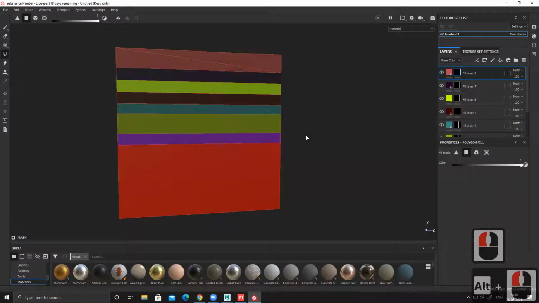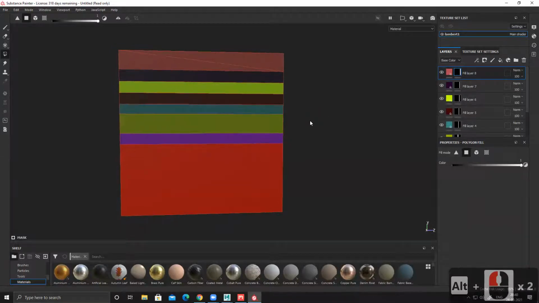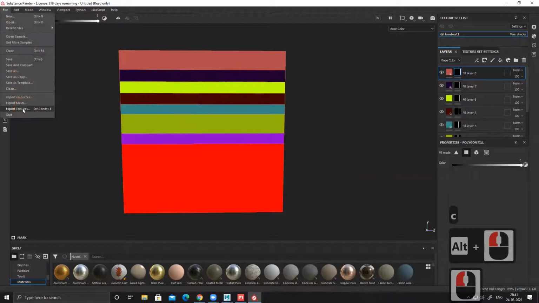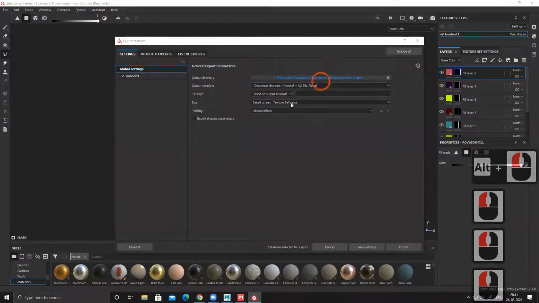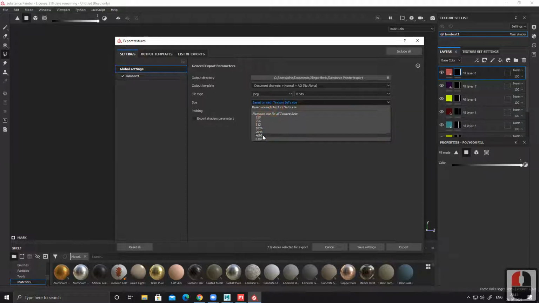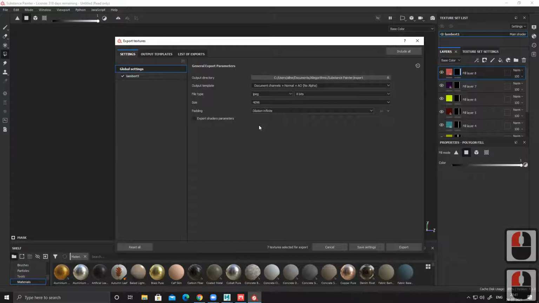Now it's done. I just have to export this. I don't need any diffuse, I don't need anything. I just need this color map only. So files, export texture. Just export it wherever you want. Desktop, export. Nothing matters for this, like file size or format. I just need those colors. For file size I can use 2K or 4K. In this case, I'm using 4K so that I get very crisp, clean lines. Or I can use 2K also, it's just color, right?